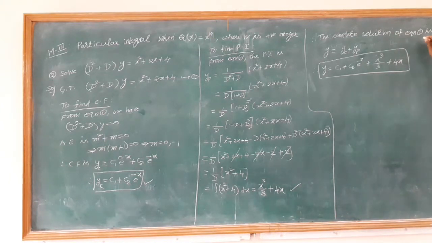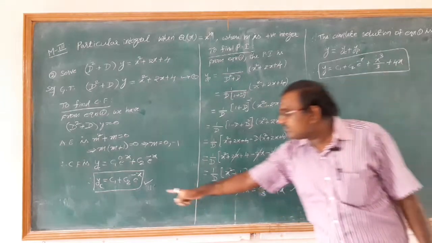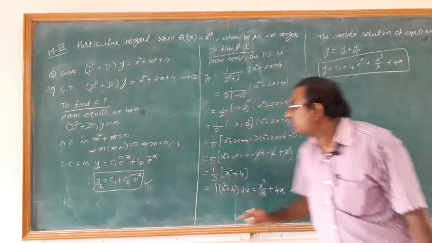Now the complete solution of the given linear differential equation is y is equal to CF plus PI, that is yc plus yp. What is the yc value here? The yc value is c1 plus c2 into e power minus